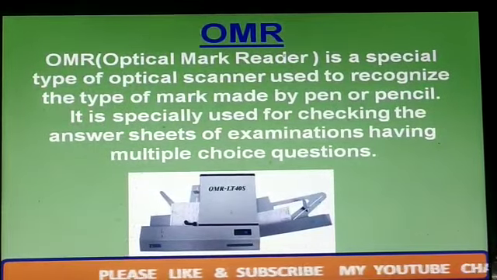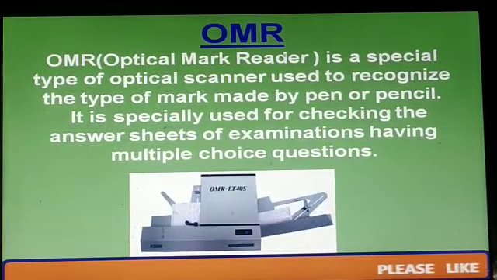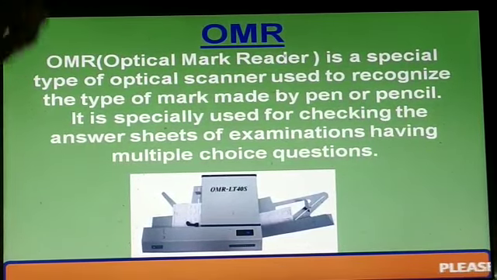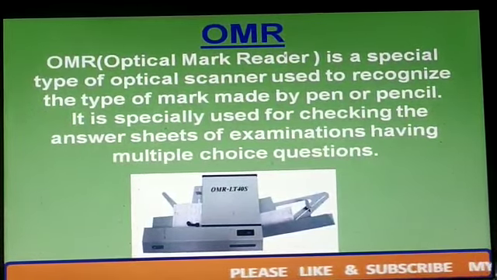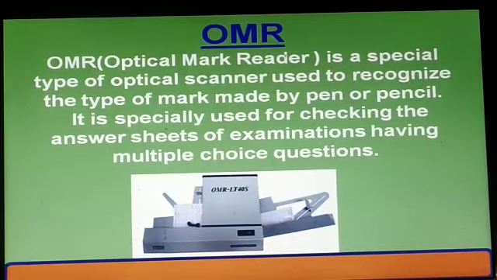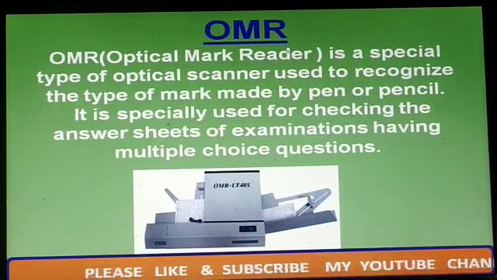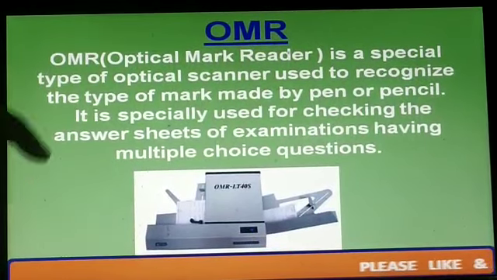Competitive exams nowadays are computerized, checked by the computer and by the OMR, optical mark reader, in which we have 4 options, and we have to circle one.